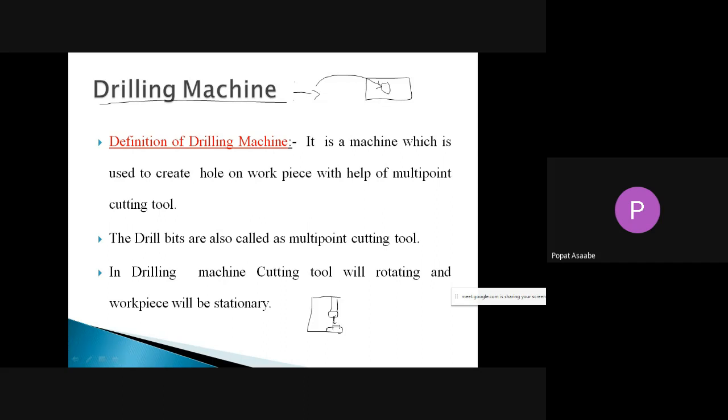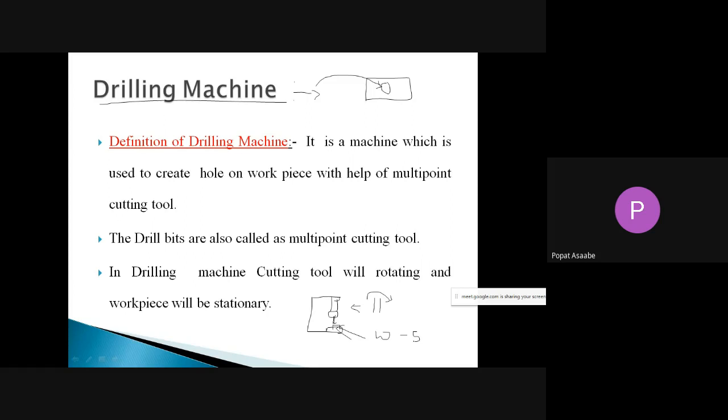In this simple drilling machine, remember that your tool, the drill bit, will be rotating, and it will remove material from the workpiece in the form of a hole. And your workpiece in the drilling machine will be stationary.